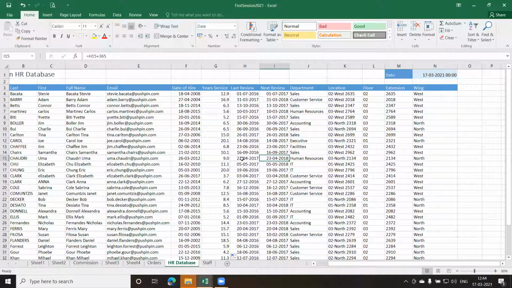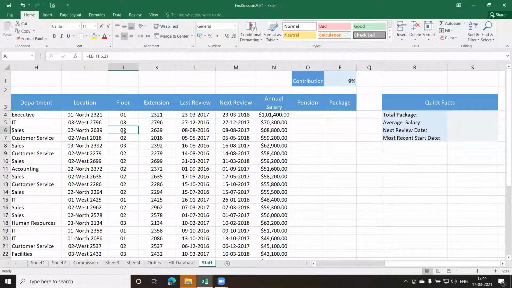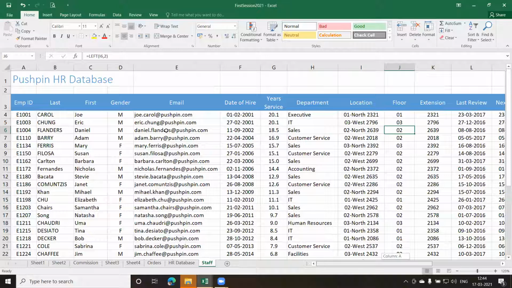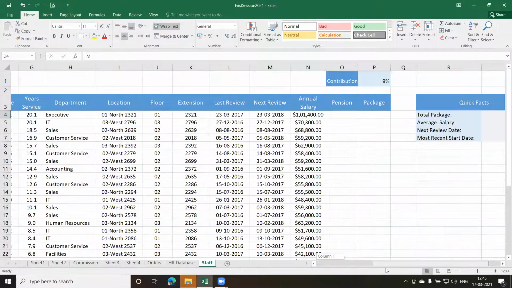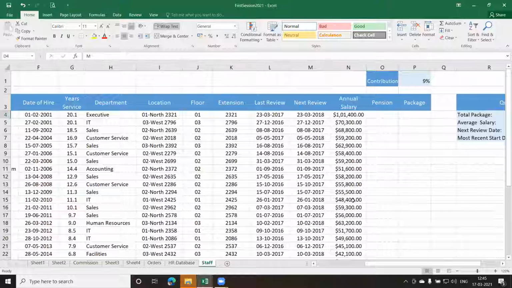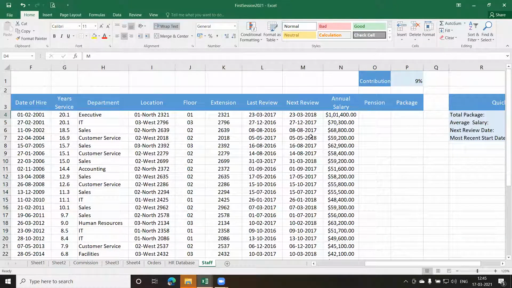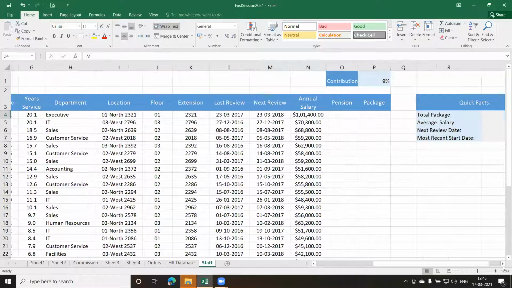For that, I have the same type of file which I have created here, which is of staff. And there's a bit more calculation here. So this is my same file, but there are some changes which I've done. A gender column has been added and it has been sorted as well. It's with some other names and all, but it is the same data. I've shifted the columns here and there, and we have added a few more columns as well.